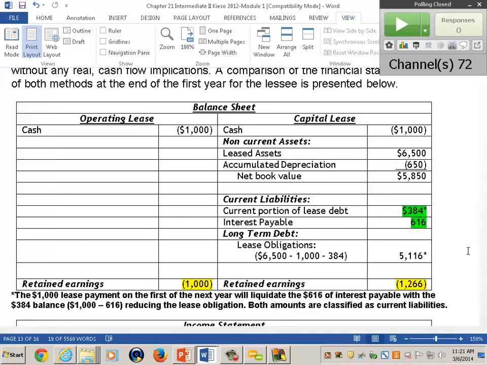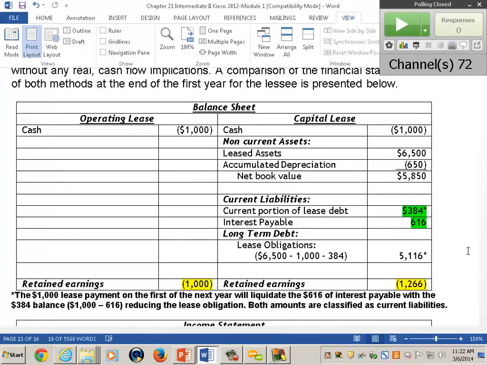So let's make sure, especially from the standpoint of thinking back to accounting principles or accounting for managers or even your auditing, we have the cutoff in the time period. So in 2014, you had to accrue interest of 616, but in 2015, at the beginning of the year, you make the payment. So if this balance sheet is as of 12/31/14, I'd have to show the accrued interest and the payment of the principal. And that's how I get the 384.